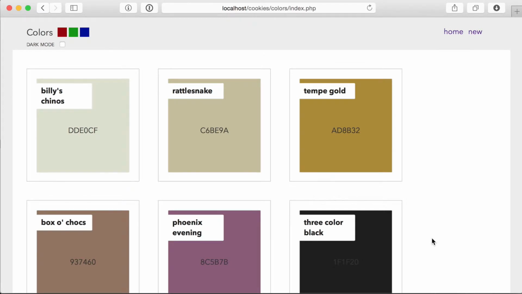I've had an idea for a new feature that I would like to incorporate into our colors example. I've already started this new feature by including a new checkbox up here in the head section of the page, and I'm calling this checkbox the dark mode checkbox. What I'd like to be able to do is check that box, and instead